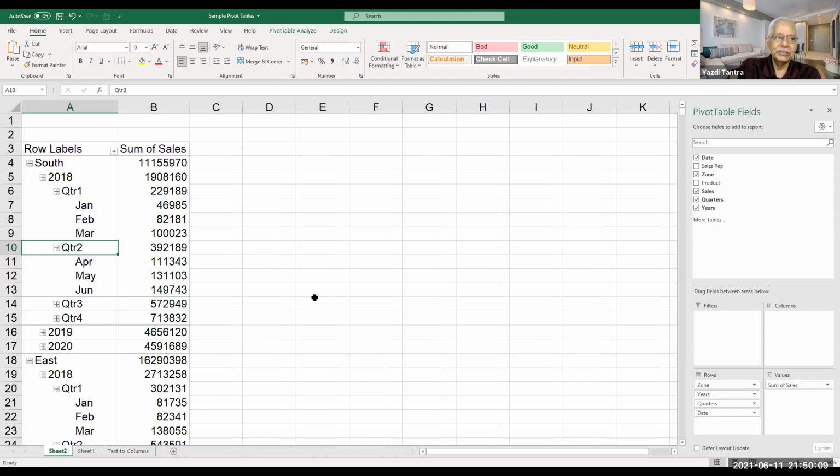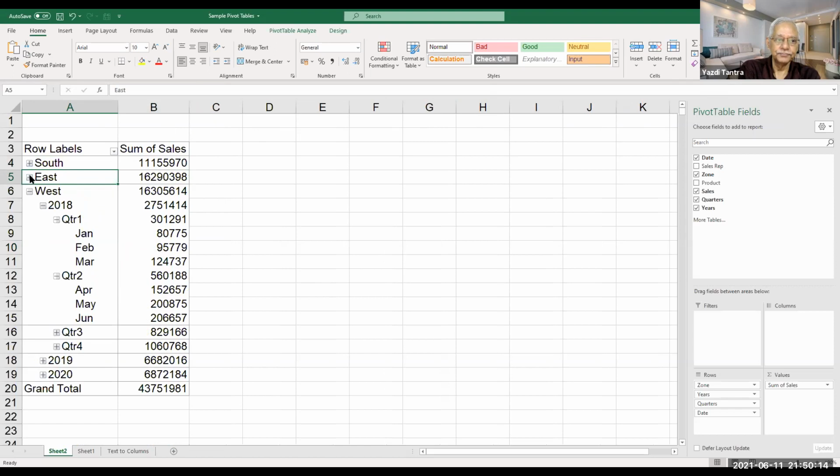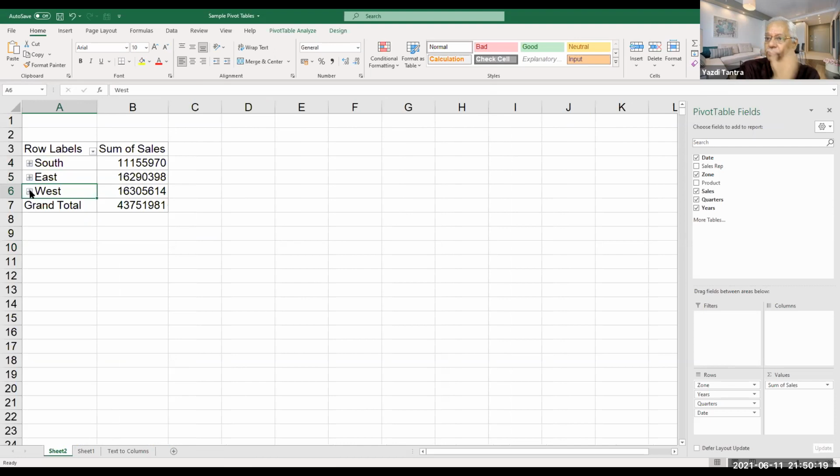Are we getting the basic thing? Or you want me to do it once again? I can collapse the column, rows, I can expand the rows, whichever way I want to do it. Okay? Now somebody comes and says, no, this is very easy. Okay, remove the date. I don't want date. I want sales. What had we chosen? It is zone wise, quarter wise. No, I don't want quarter wise, etc. I don't want years and all.